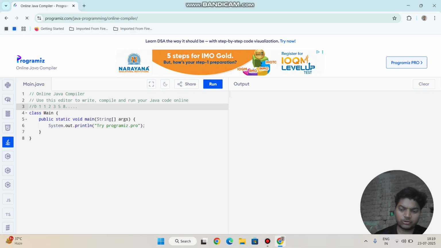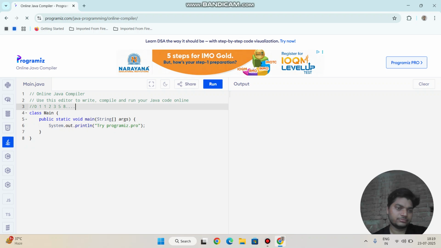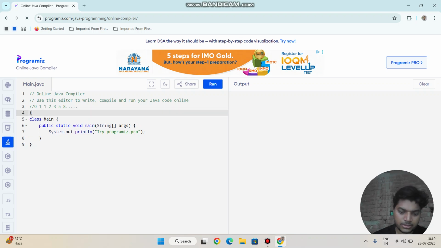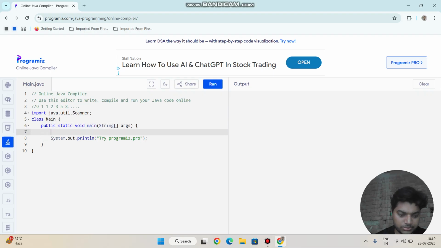Okay, so I'm going to make a Scanner class object for taking user input. Import java.util.Scanner. And I'm going to make an object of this Scanner class.